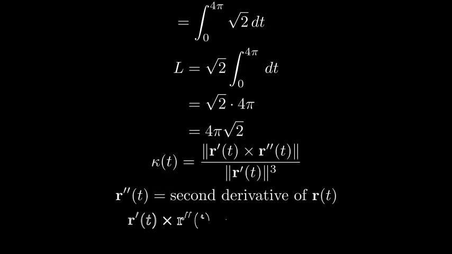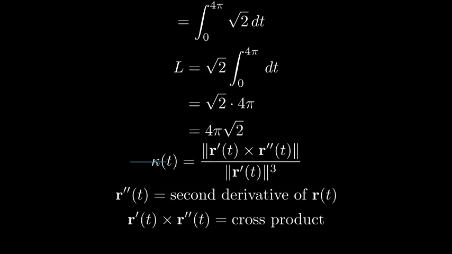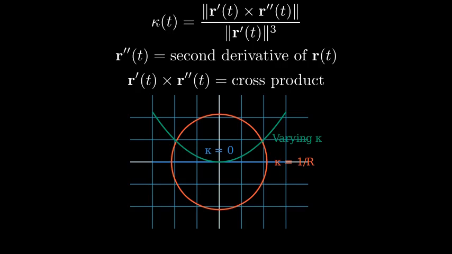Here, R double prime of t is the second derivative of R of t, and the cross product R prime cross R double prime has magnitude equal to the area of the parallelogram spanned by these two vectors. Intuitively, the curvature is large when the curve bends sharply and small when the curve is nearly straight. For example, a straight line has 0 curvature everywhere, while a circle of radius R has constant curvature 1 over